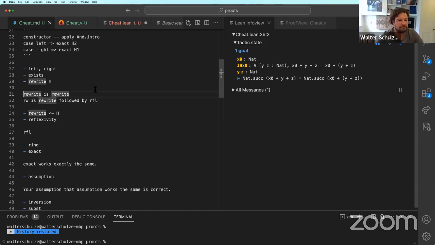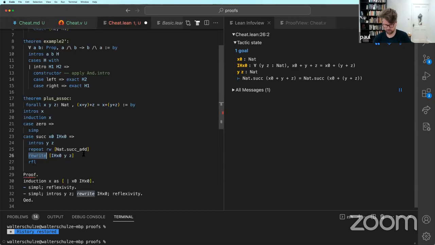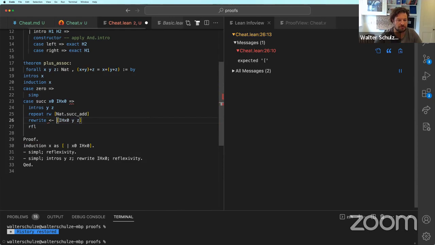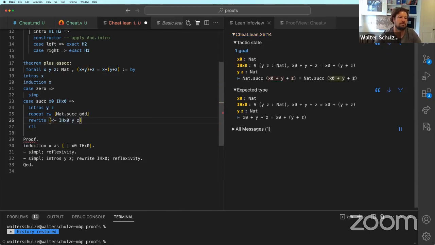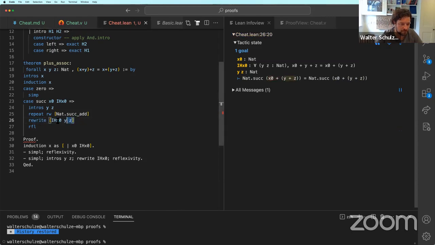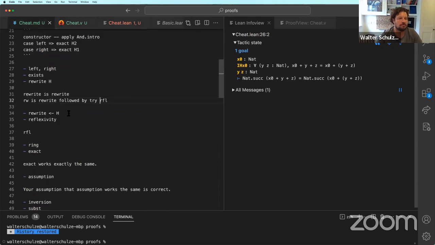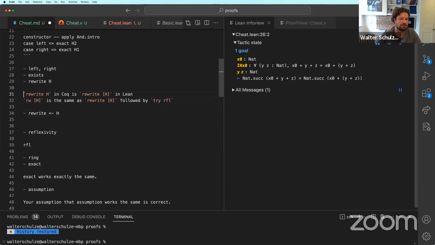Well, it kind of tries rfl technically, but yeah. And then I think you can just do, no, it's like this. Oh, and you have to put it in brackets. So actually, where is it? rw H is the same as rewrite H followed by try rfl, and then this becomes